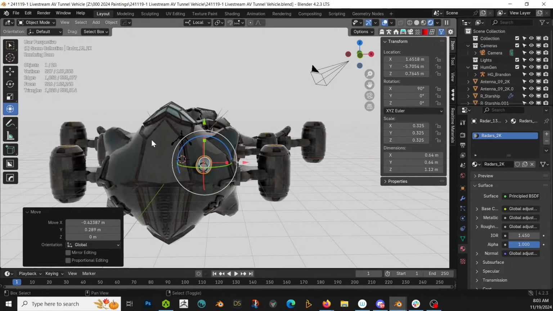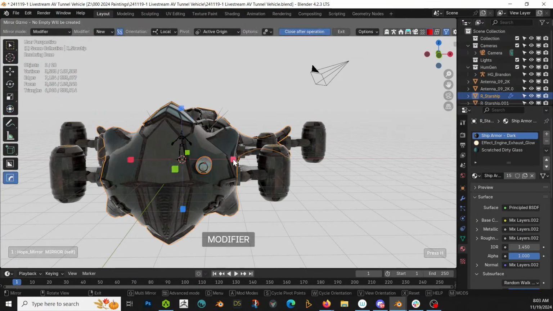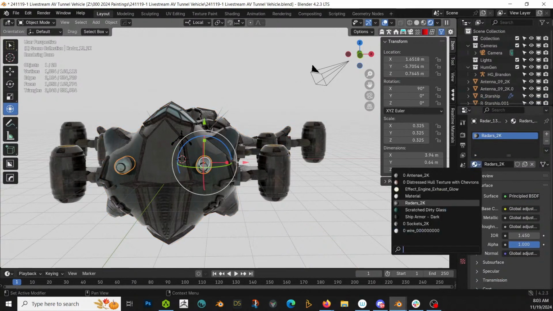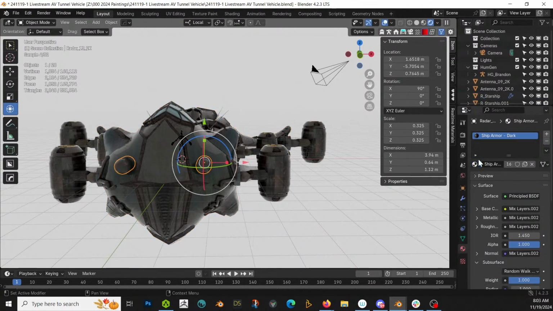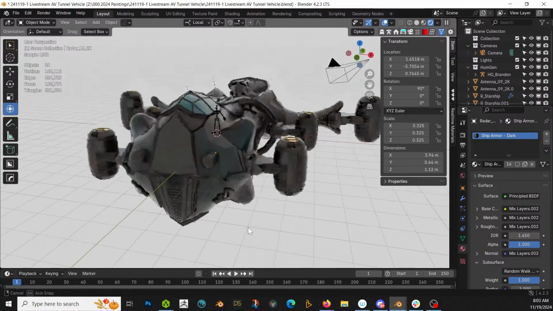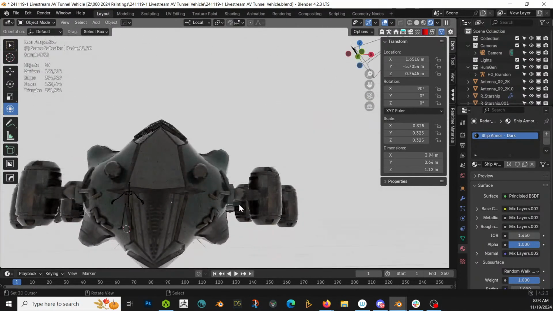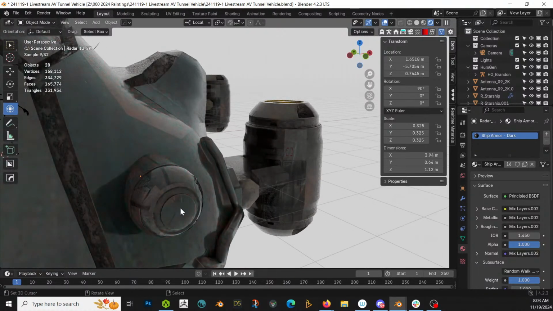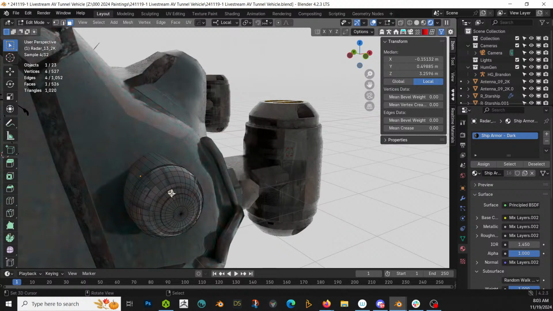Ooh, that'd be neat, yes. Reasonably certain. We're gonna like that. Might make those headlights. I feel like those could be good headlights. Or maybe